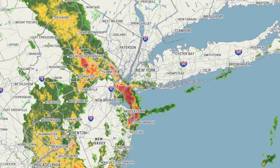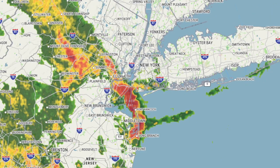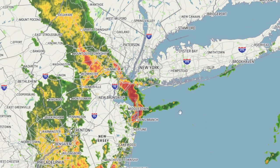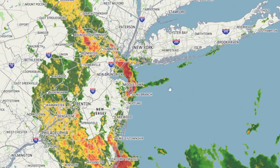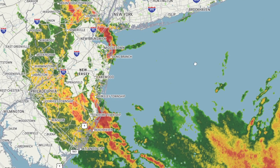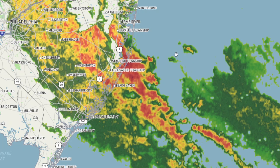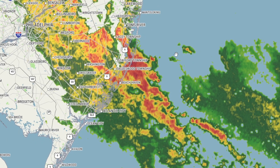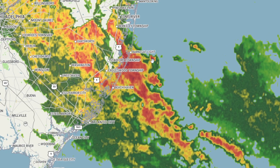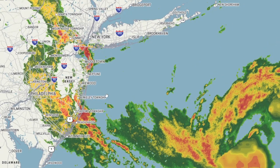So this band right here has been sitting over Staten Island, parts of New Jersey, parts of Brooklyn, maybe parts of Manhattan for a little bit. And it's just been sitting there. I mean, it just keeps training over the same areas over and over again. Right. There's another band of heavy rain over here, that is southern part of the Jersey Shore, southern Ocean County, Stafford Township, and you can see these bands, and they're actually getting pulled off